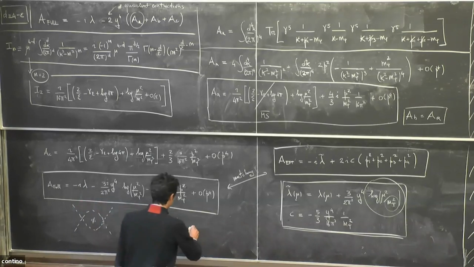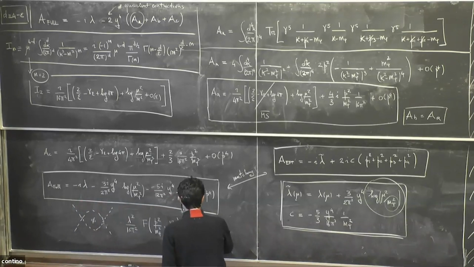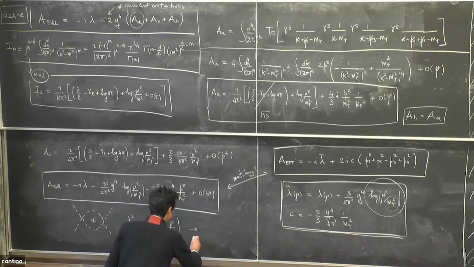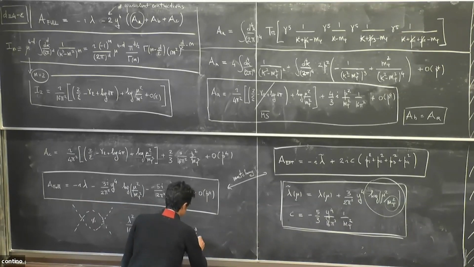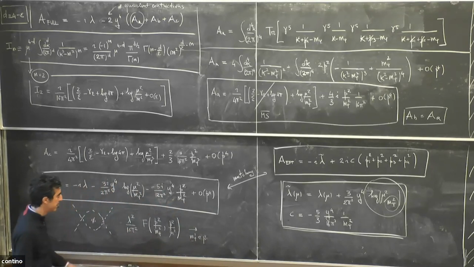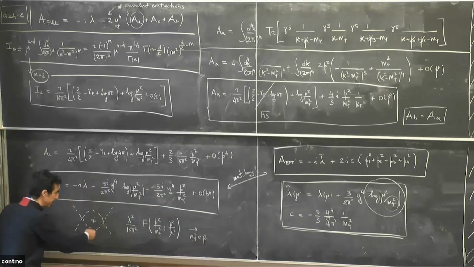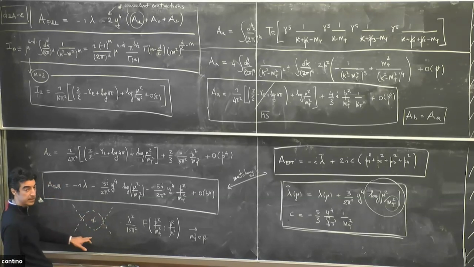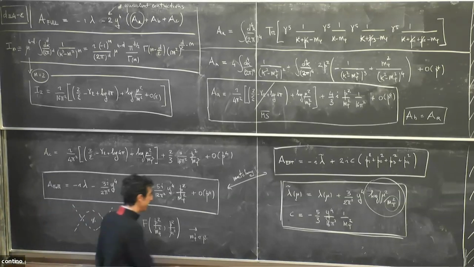For example, if you go to a limit in which m phi is much smaller than p, in the limit in which the mass here, the scalar, is becoming very small, you see that here there is an infrared divergence, right, in this loop integral, and this turns into a log